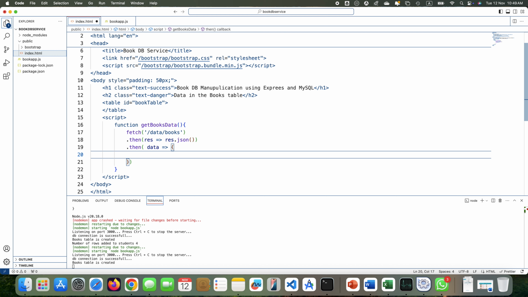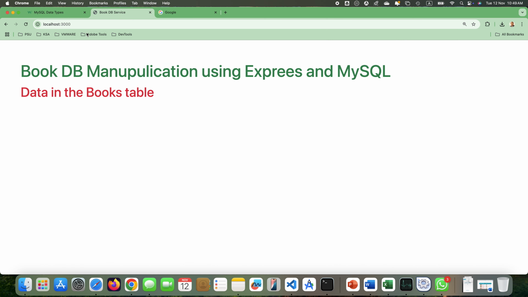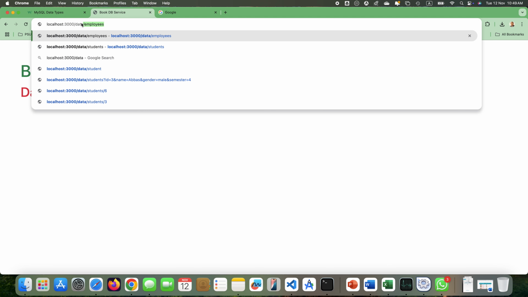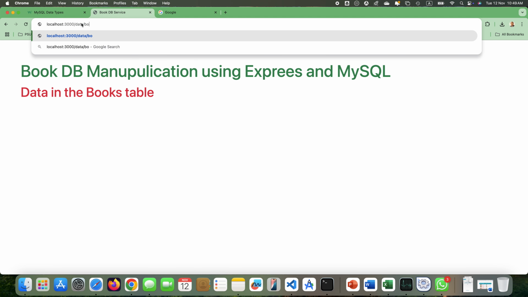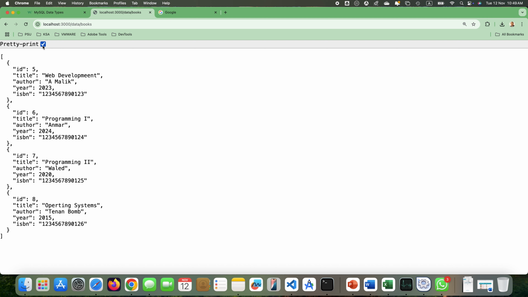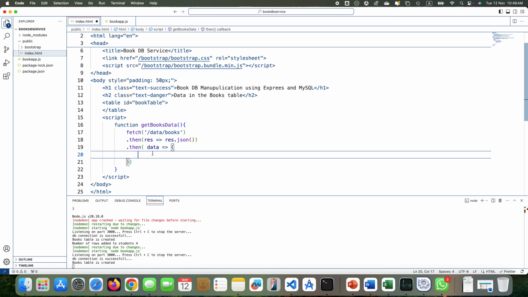So inside the data we have that results, and that result is actually our, if I just go back here into this one, and then I say slash data slash books, so you can see that actually it is an array, and inside the array we have the objects. Okay, so for d in data,